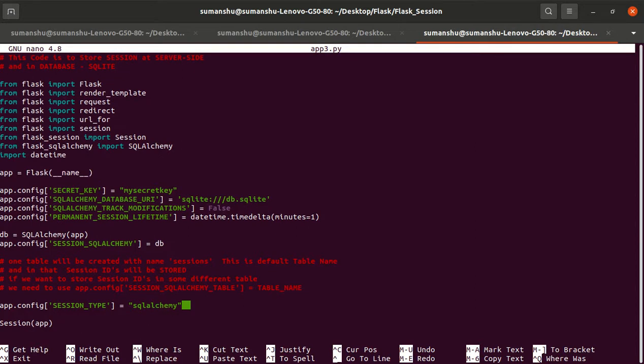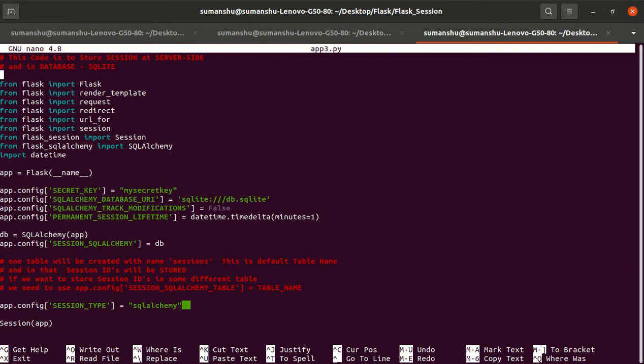All these are basic code. I have just extended it across the versions: app 1, app 2, app 3, app 4. In the first file, I did not use a session, I just passed the data from one request to another.